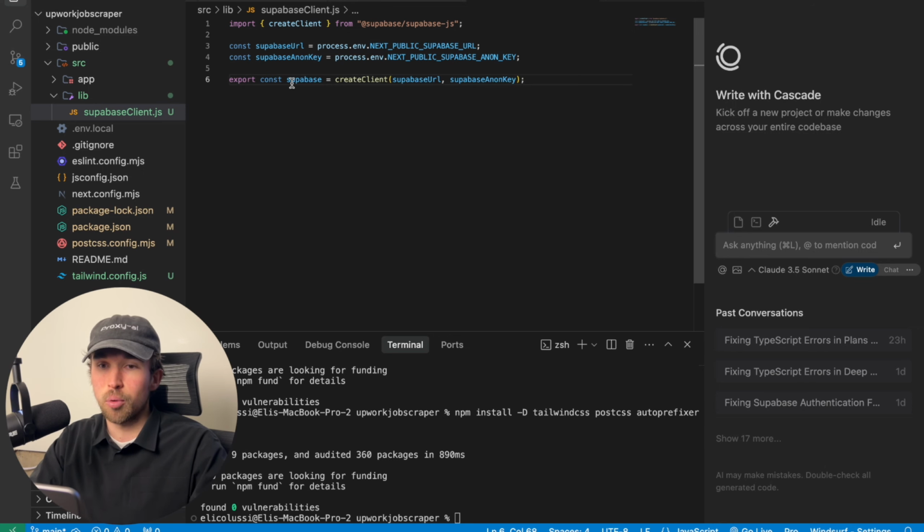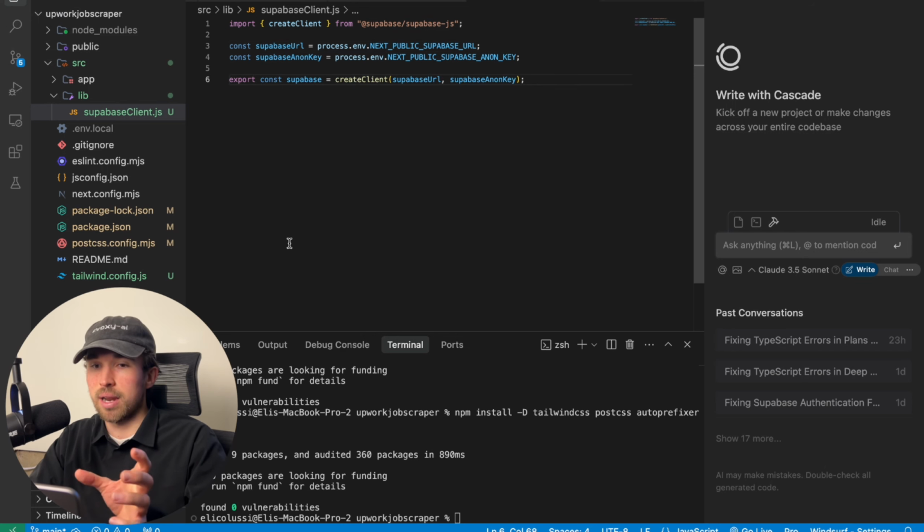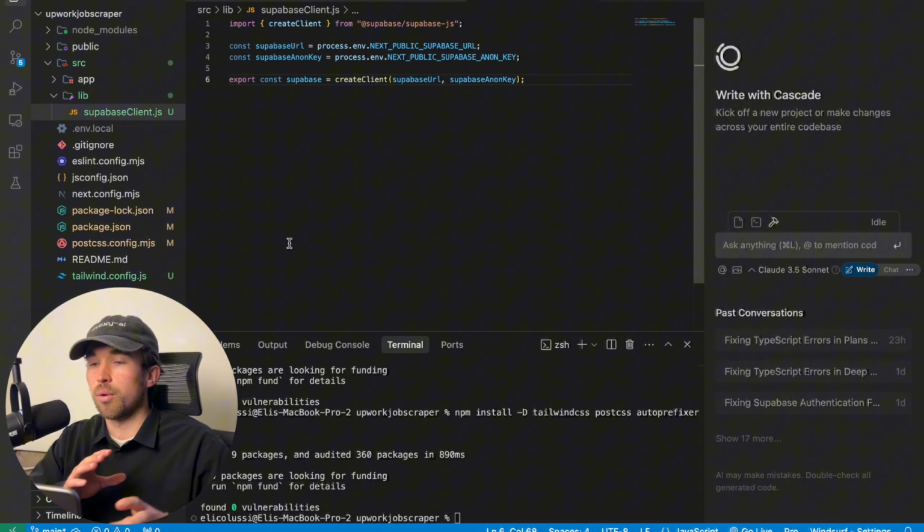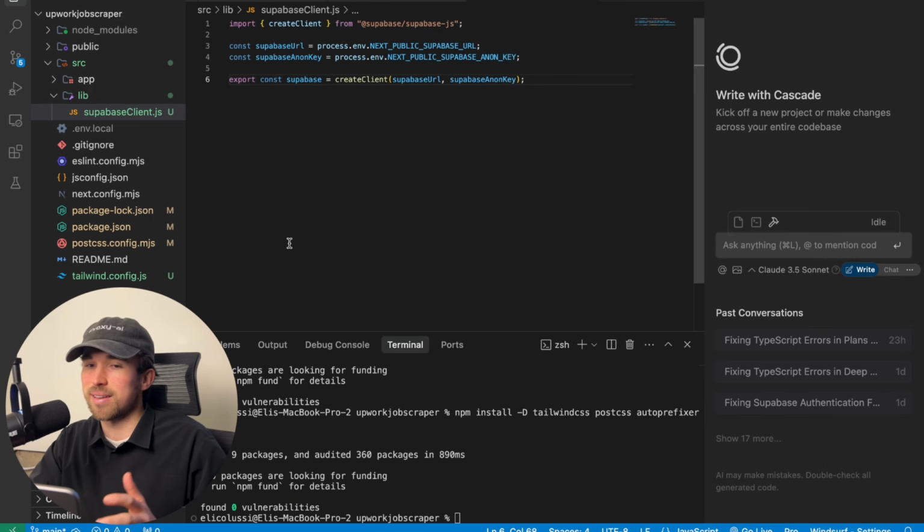And then we're exporting this called supabase, equal to createClient, and we're going to reference the 2 keys right here. So now in any other part of our code, we can reference supabase and it will know that it's for the createClient, and then we reference our API keys here. So everything is going to work. We're just kind of slowly linking everything together basically.